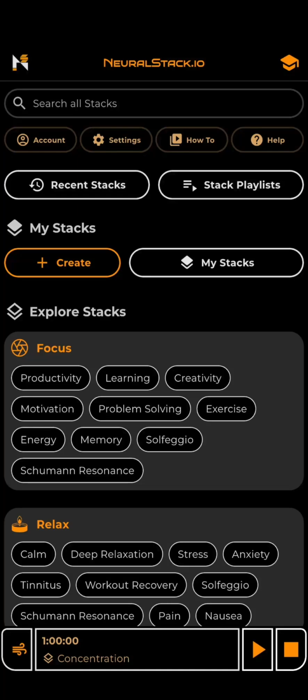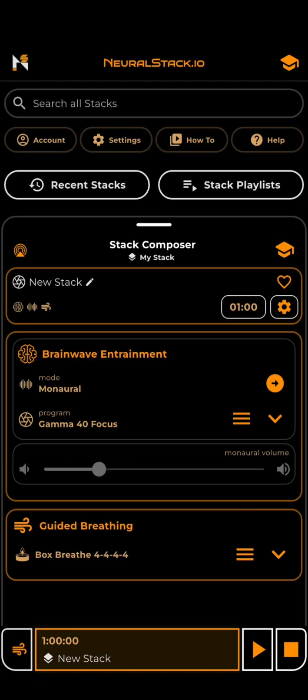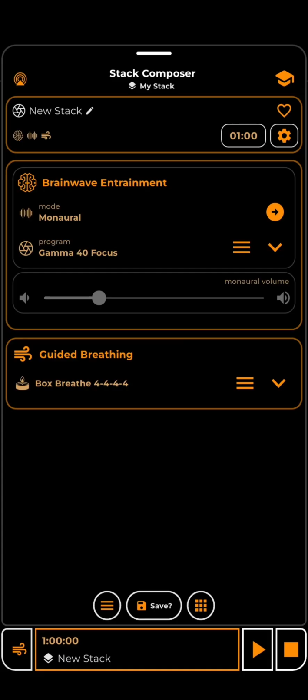In this video, we're going to create a stack for sleep. Let's tap the Create button to open a new stack in the Stack Composer. By default, when we create a new stack, the tone mode is set to Monaural, and the brainwave entrainment and guided breathing elements are active. At the end of the video, we'll look at how to change those default settings, but for now, let's customize